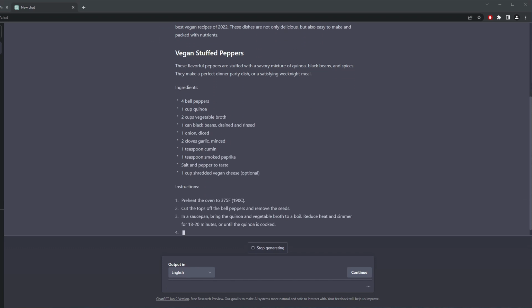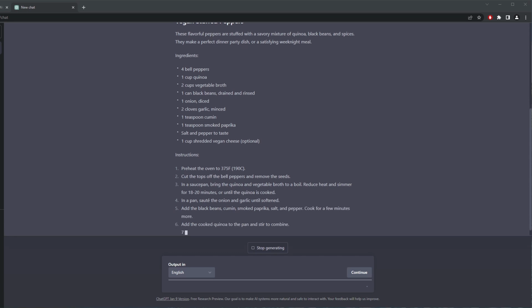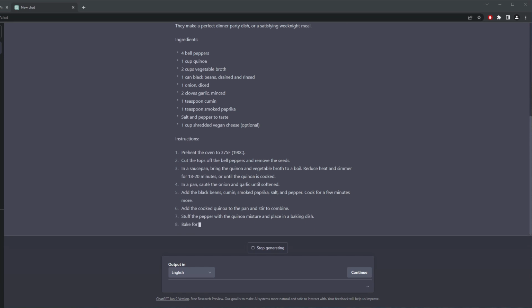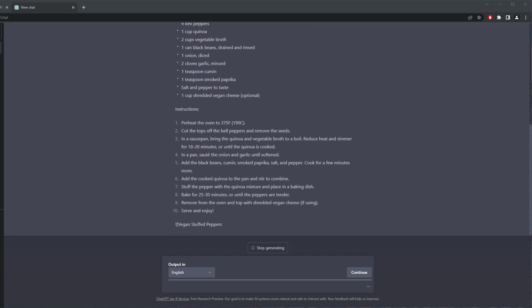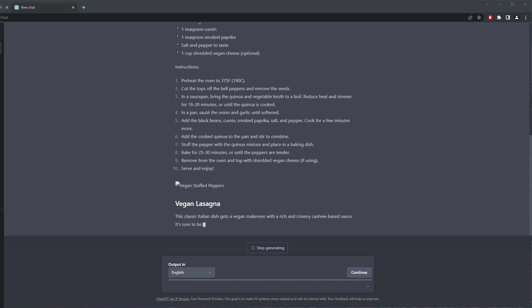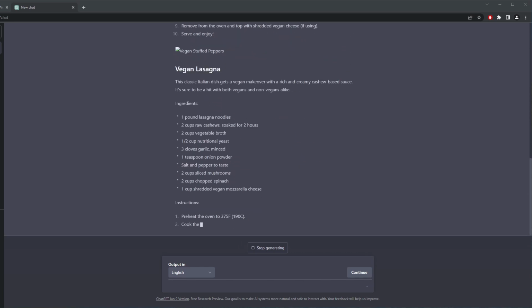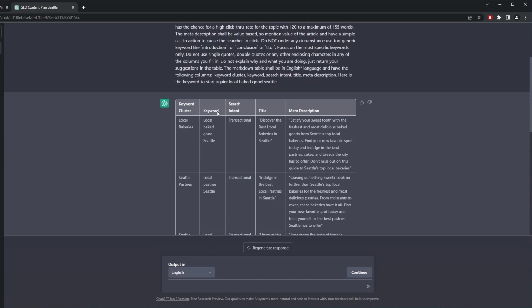So this is absolutely crazy. Not only is it giving us an actual article being written, but it's giving us actual recipes to follow for this specific type of topic. These recipes are not even on the article. I'm looking through the article now and they're not on this article, so this must be a better optimized SEO than the recipes that are on the article. So we end up getting this towards the end. Sorry, you can't complete the response, but I'm sure that you get the idea of how crazy this extension is